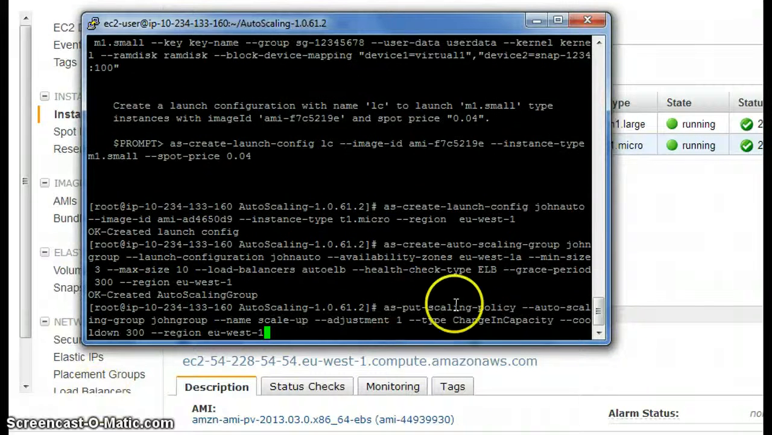Next we need to run the command to set a policy. So this first policy is for scaling up. We're going to call it AutoScale group. It's for the group we already defined, John group. The name of this policy is scale up. We're going to add an instance every time there's a change in capacity. The cooldown period is 5 minutes, and the region is EU West. So